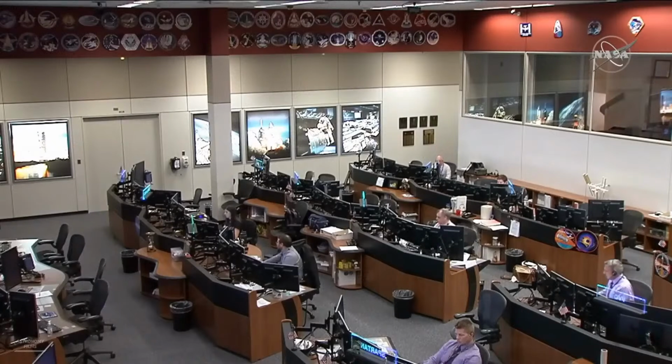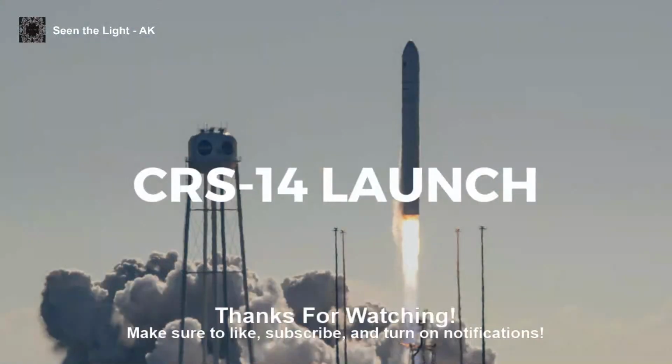utilization of the space station and really taking advantage of this low Earth orbit asset, where we can do some things in microgravity that, quite frankly, we can't do anywhere else on the planet. So we're always excited to have new people come into station and really trying to see what kind of things they can learn in this environment. So you mentioned earlier about the nitrogen tanks. We were a little anxious to get this flight off the ground because of the fact that it